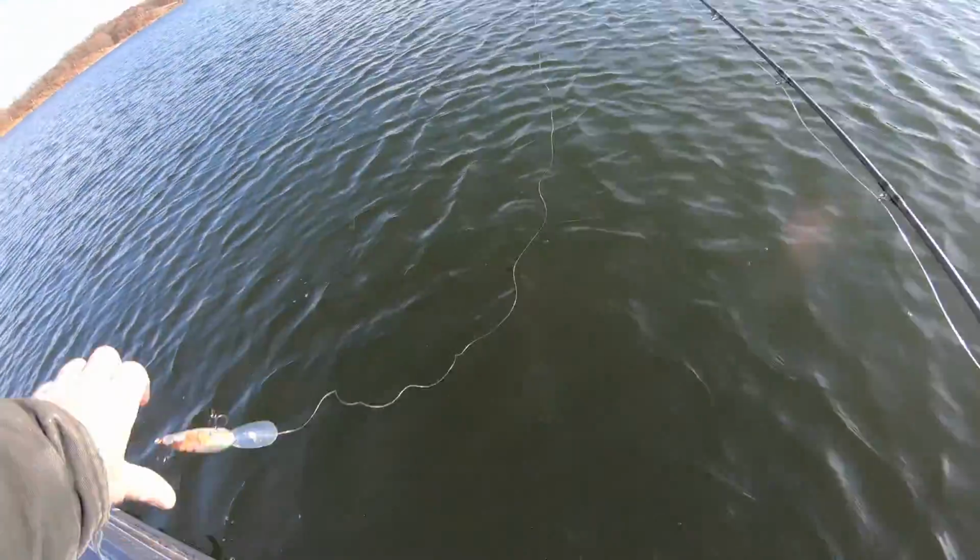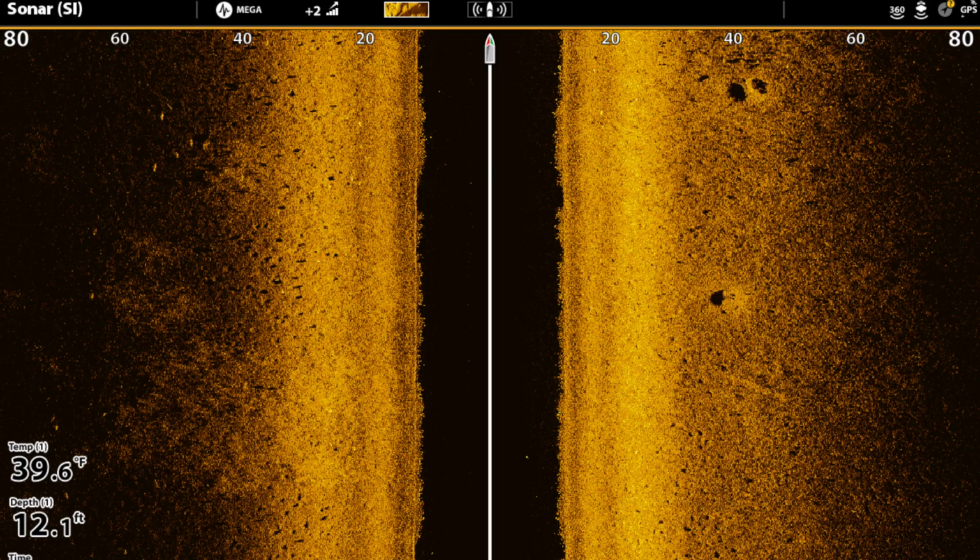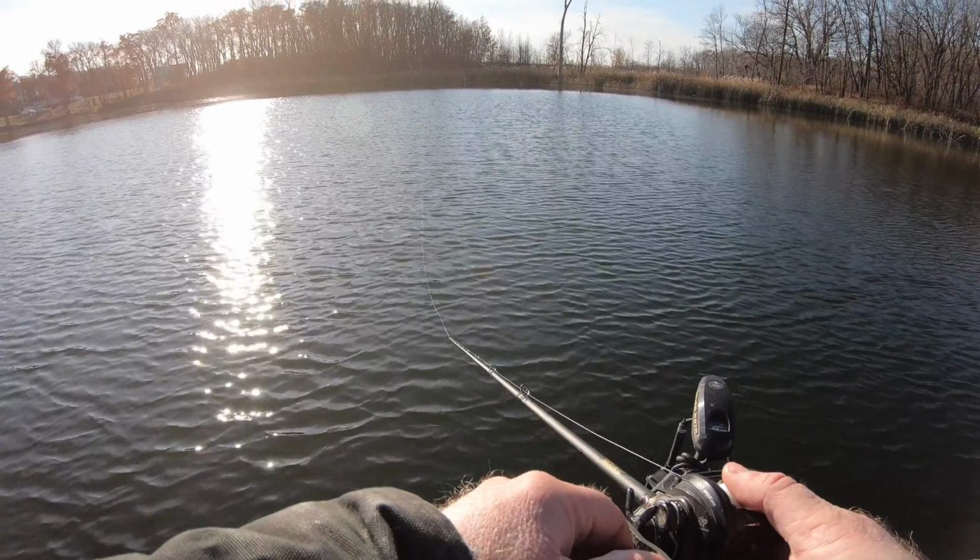All you need to do is put some time in scanning. These fish load up, and it might only be a 100-yard stretch on the entire lake where they really, really load up, and they stick out like a sore thumb. But man, once you find that,